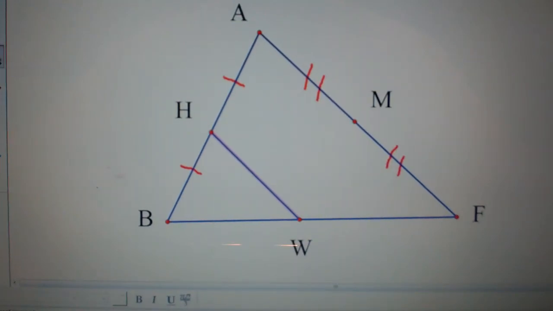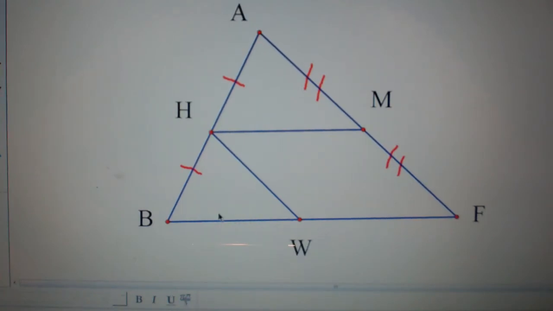However, we could draw in a mid-segment of the triangle. A mid-segment of the triangle would go from the midpoint H to another midpoint M of the triangle. Let me scoot this down here a little bit, give you a more accurate representation. So here in this diagram I can say that segment HM is a mid-segment of the triangle because it connects two of the midpoints of the triangle. Now, since I know HM is a mid-segment, I can say that HM is half of the segment BF. I can also say that the segment HM is parallel to the segment BF,